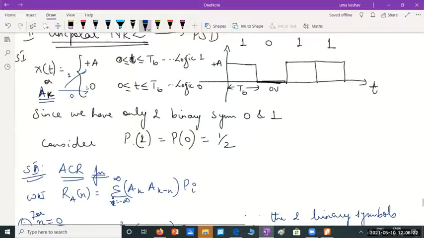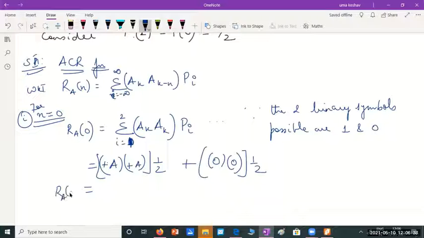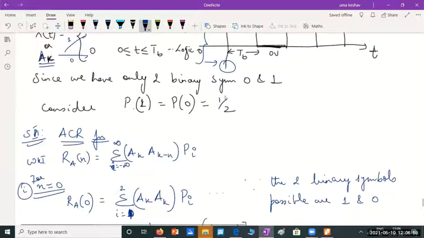Whenever the symbol is 0, ak takes the value 0. Both are ak, and the probability of occurrence of symbol 0 is half. So what will this Ra of 0 reduce to? It will be plus A into plus A, square by 2, plus 0. The second term will be 0. Is that clear? So let me call this equation 1, this equation 2,